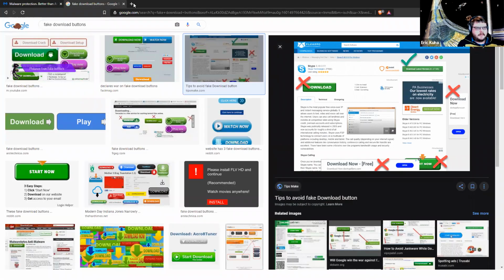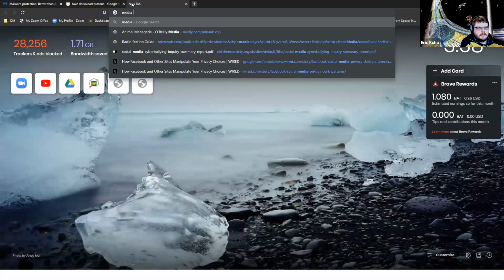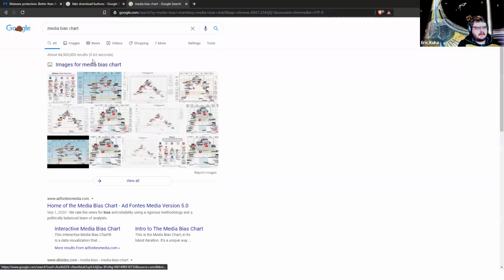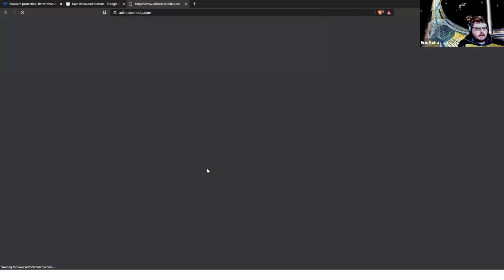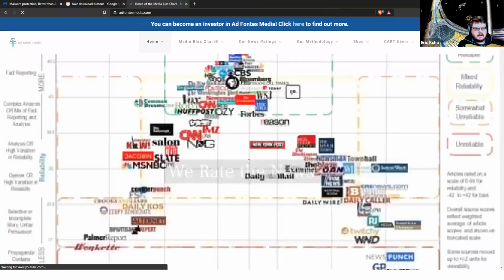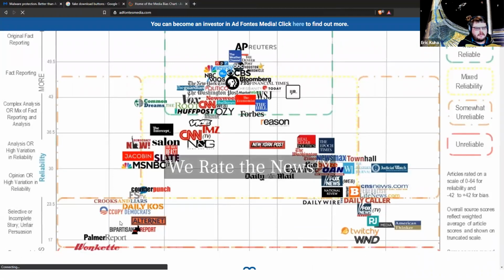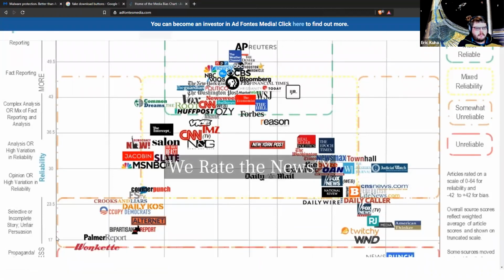There's the media bias chart. I'll share this with you guys. This is it, I think the newest one. Home of the media bias chart. This shows you which stuff is basically propaganda and what side of the political spectrum they're from.